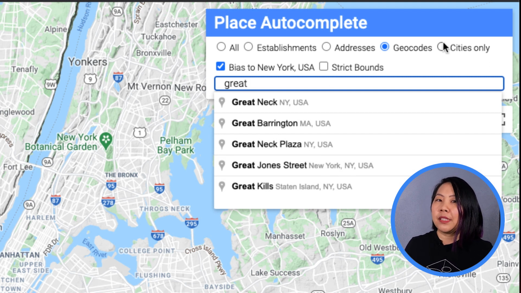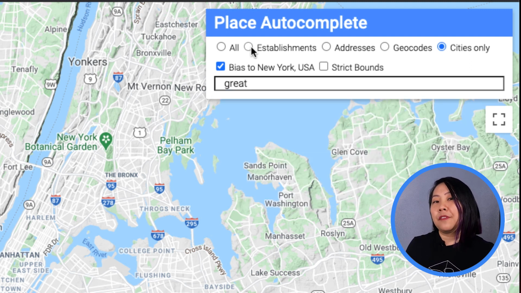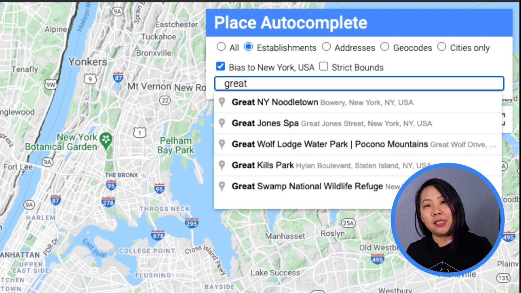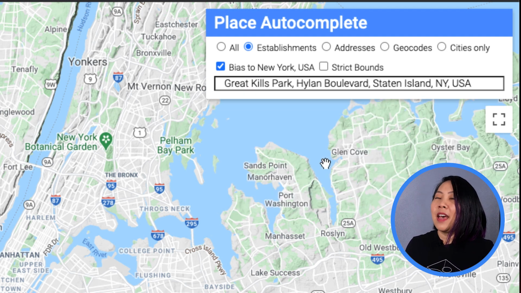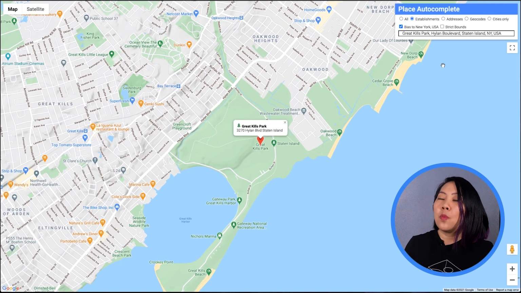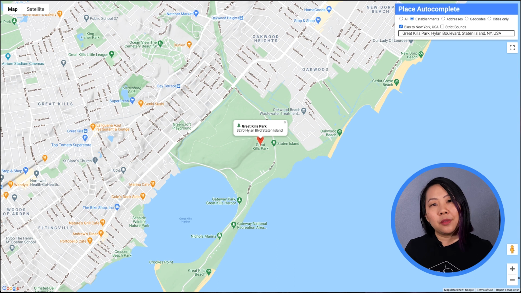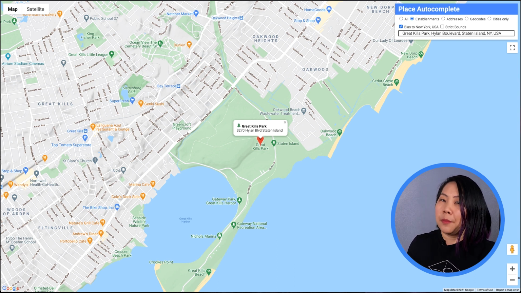There's also a place type filter for just cities. Now, if we apply a filter to see just establishments, we get a very different looking set of predictions. As you can see, specifying what type of place is expected on the page where you're presenting Place Autocomplete can make a big difference in what shows up.